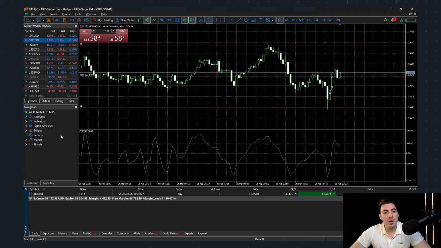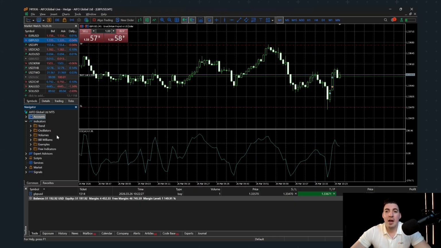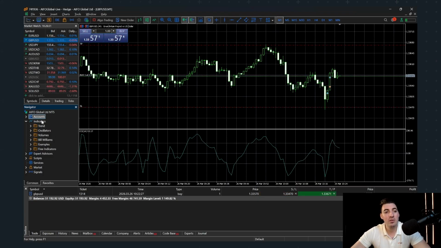Now, in the left-hand side, we can also see that there is a tab that says indicators. Now, in all honesty, you would likely not use the MT5 trader to do your charting and analysis. It is often recommended by other traders to use third-party tools such as TradingView to do your charting and analysis. But if you are to use the MT5 trader to do your analysis, then down here you can find all